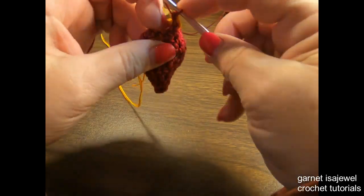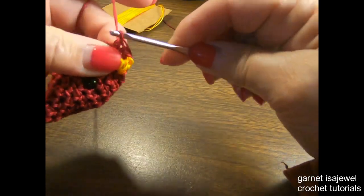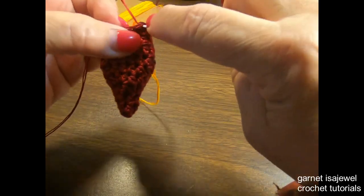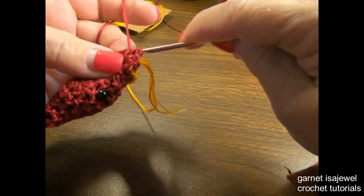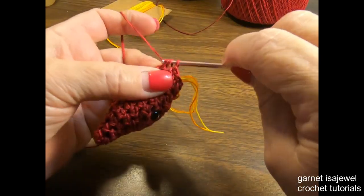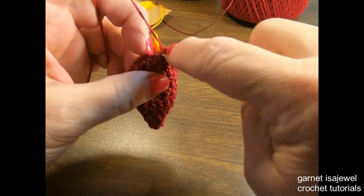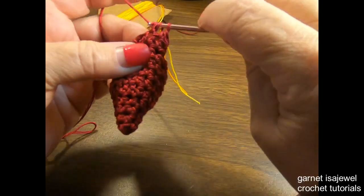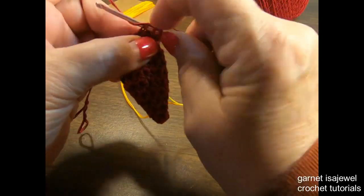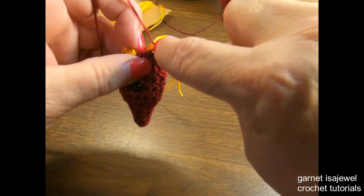So we're going to continue with our half double crochets around, and this process that I'm showing you is going to be similar to what we're going to do as we go along. We're going to go around so that we have 2 rows of red, and then the 3rd row will be the bobble orange and yellow. So we're just going to start half double crochet around, each stitch,